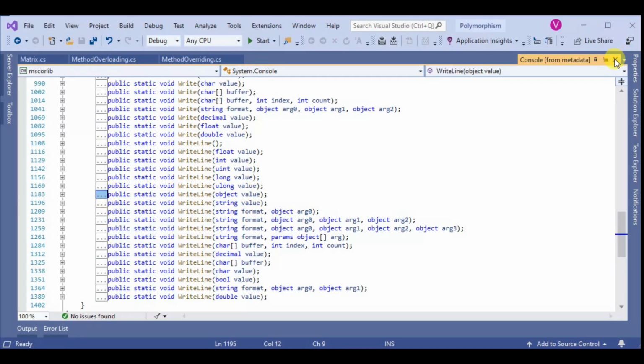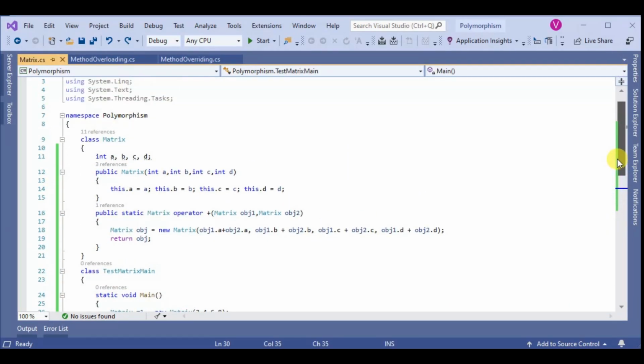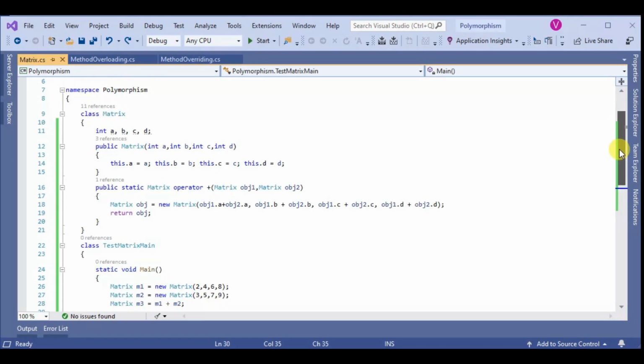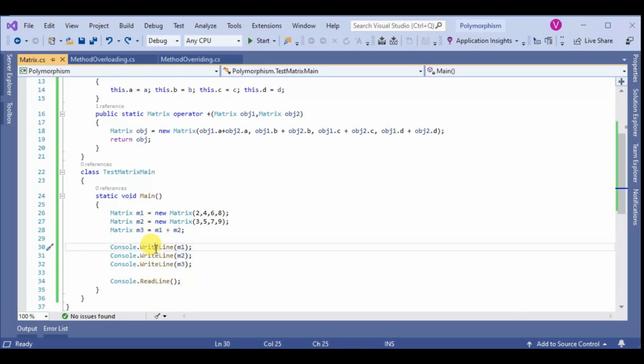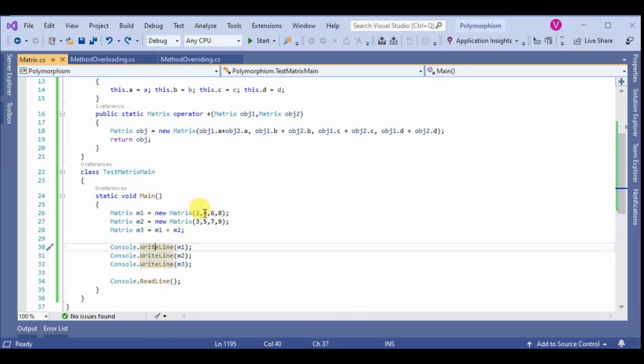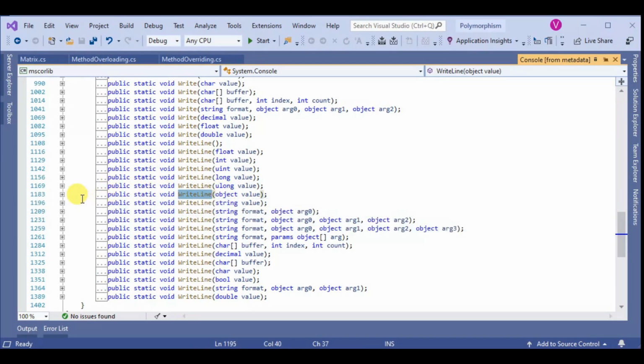In the WriteLine method, the object is passed as a parameter.